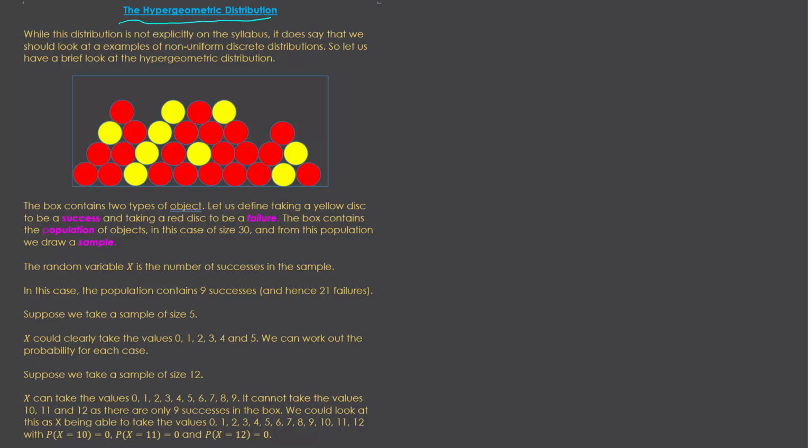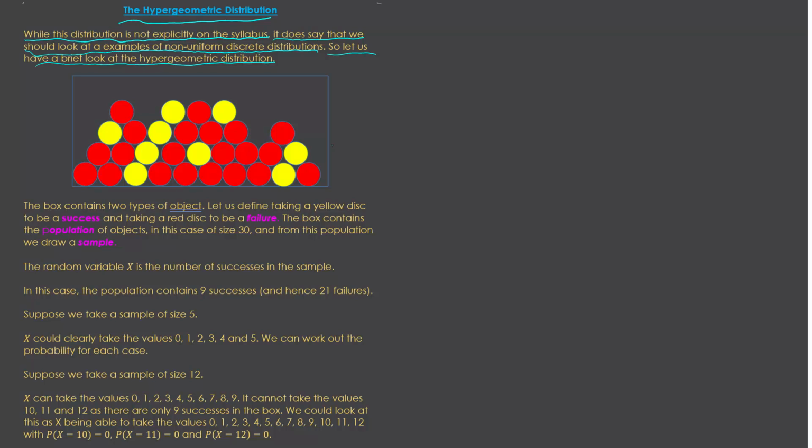The hypergeometric distribution. While this distribution is not explicitly on the syllabus, and I think it's unlikely you'll come across it, it does say that we should look at examples of non-uniform discrete distributions. So we're going to have a brief look at the hypergeometric distribution, which is an example of this type of